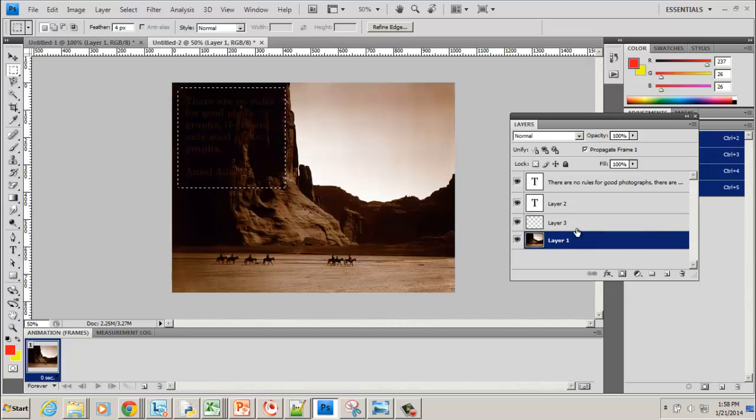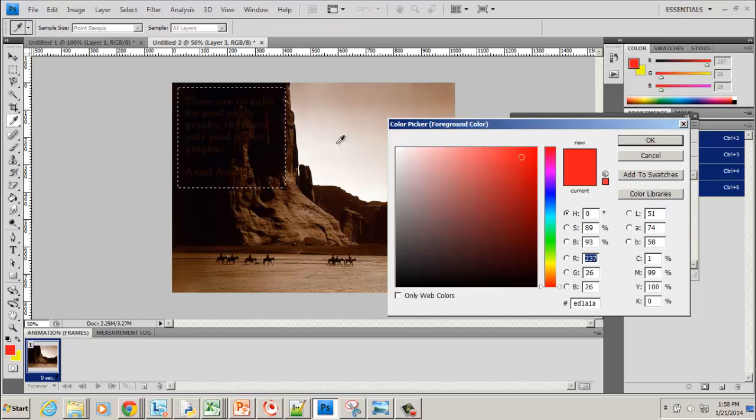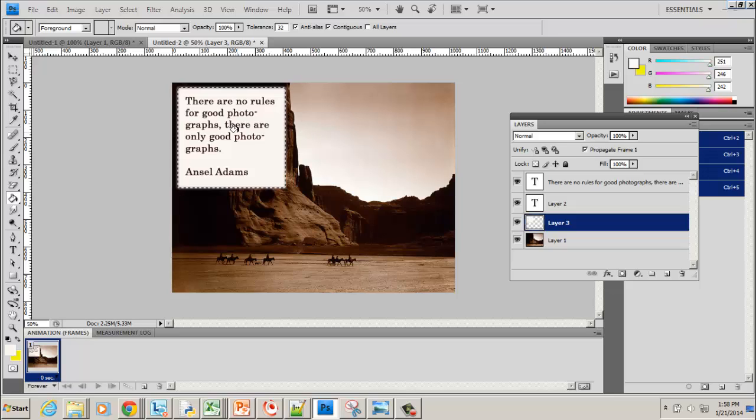Let's bring back my background layer. I'm going to click on this layer, and I'm going to get my paint bucket out. Choose the paint bucket. And I want to get a color from here. So the paint bucket's going to be whatever this color is down here, the foreground color. So if I click that, and then I go up here and click another color, I can click OK, paint bucket it in. And at that point now, I can read the quote, and I can see the image,